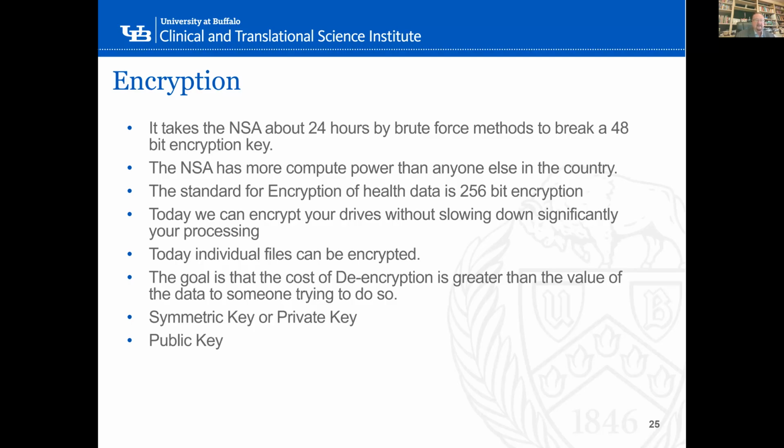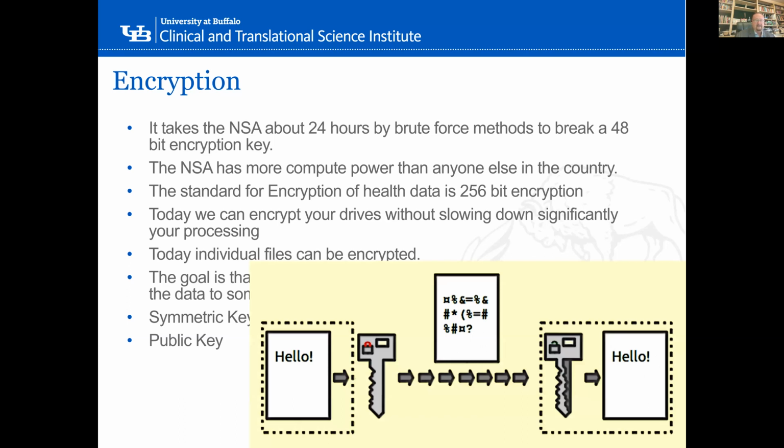And so extra steps need to be taken in those circumstances. And the other thing that we use is a public key, private key infrastructure, or symmetric key or private key. And the way this works is that you have a public key and you have a private key. So if I was going to send a message to one of you, I would take your public key and my private key and I would encrypt it. And then I'd send it to you and you'd use my public key and your private key to decrypt it. And this is a very strong method of encryption.